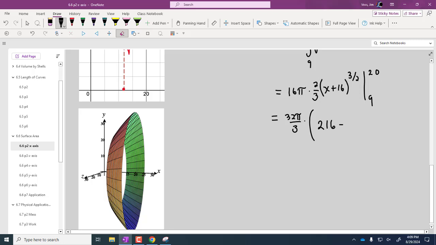Minus. Plug in the 9. 9 plus 16 is 25. Square root of 25 is 5. 5 cubed is 125. So we'll get that. And then whatever that subtracts to,